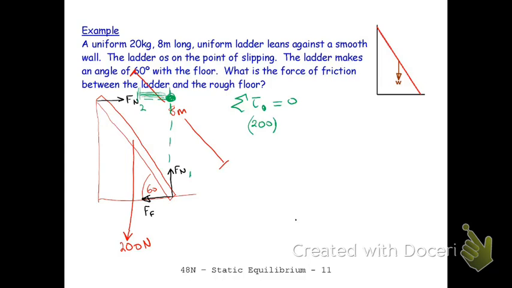No. It's got to have some length in it. Forget the force. The force is 200. So it's 8 cosine 60, divided by 2. Okay, yeah. Good. It's basically that distance there, isn't it? That distance there in green is that distance there in green, yeah. And that's a nice triangle. So this would be 4 cosine 60, and that's going to be tending to turn this thing in a counterclockwise